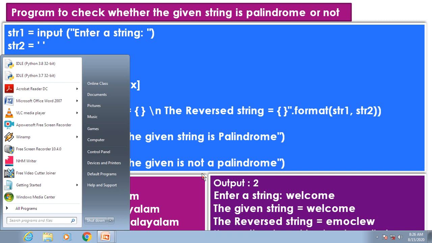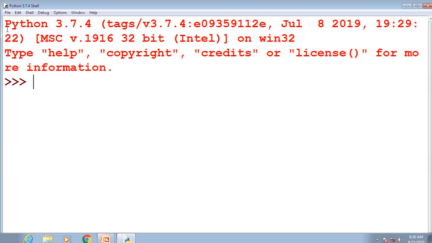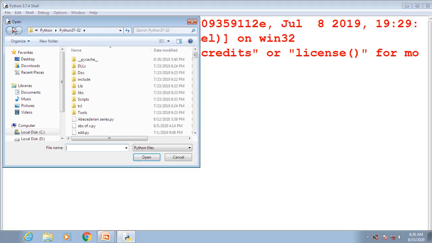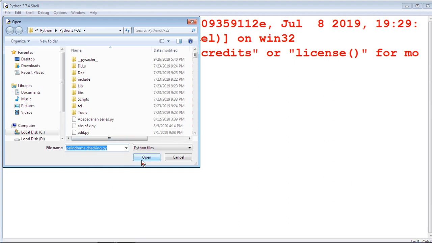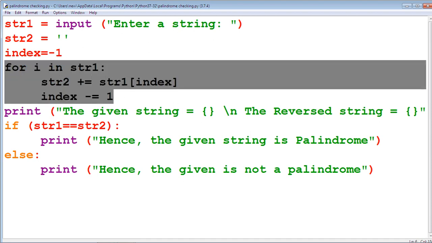See this example using the IDLE window, a program to check whether a string is a palindrome or not. Palindrome checking. In this example, the initial value is taken by str1. The initial value of str2 is empty.